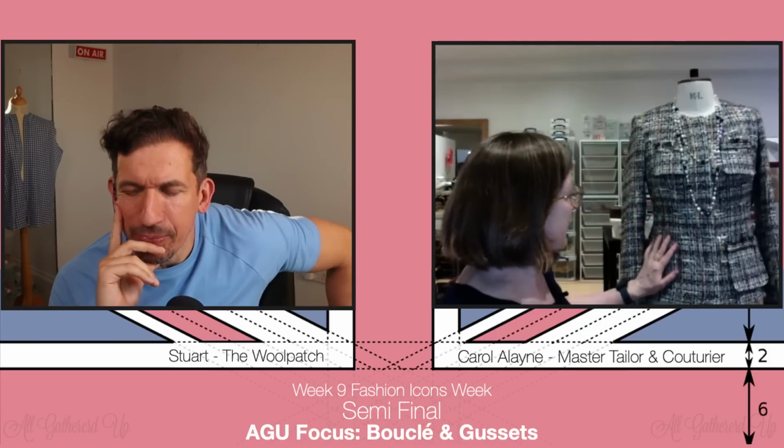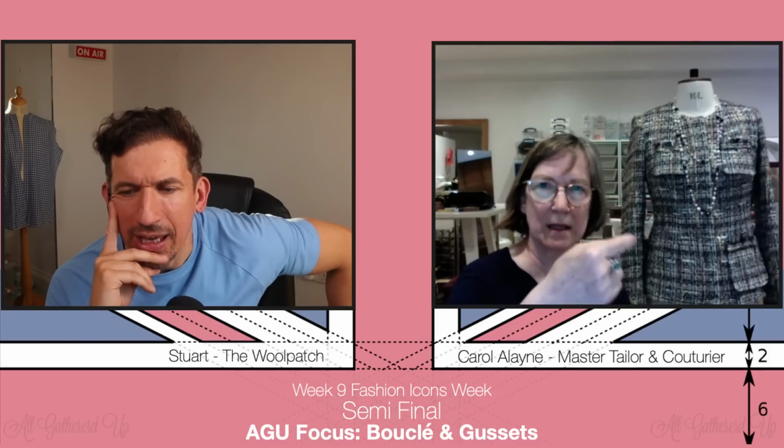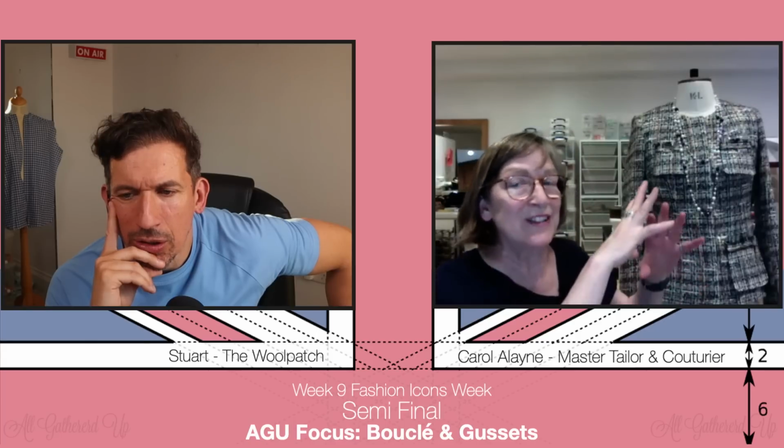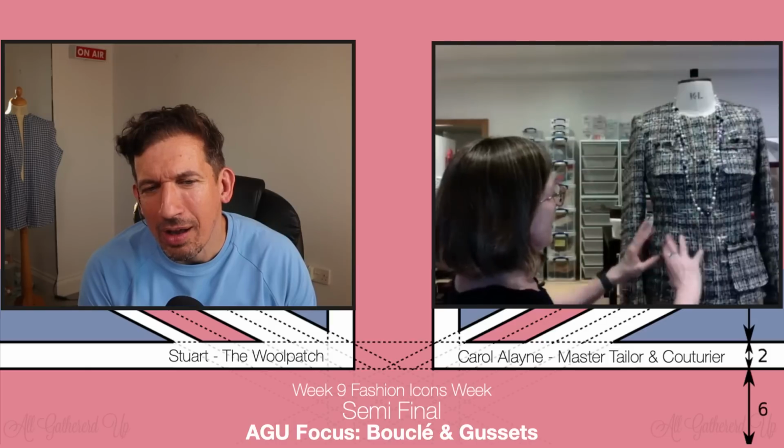Okay. So that's not a bouclé, though. Is that classic tweed? It's classic tweed, yes. Now, the bouclé is kind of a loopy, slubby fabric. Yes, you're right. Chanel used tweed. Oh, absolutely. And the weave is bouclé. Oh, right? I see. That's the weave. So you're using many, many different kinds of...